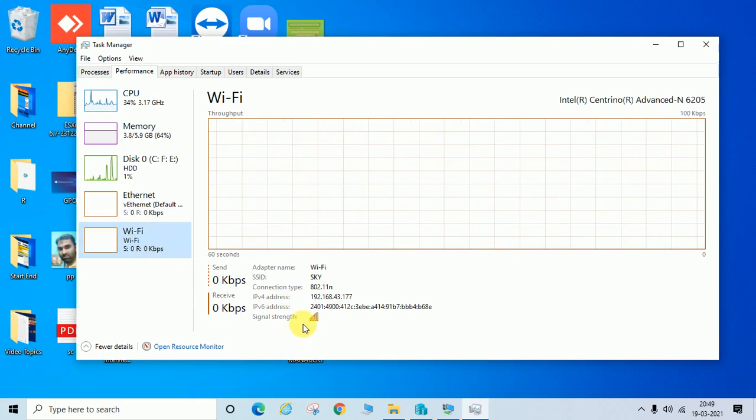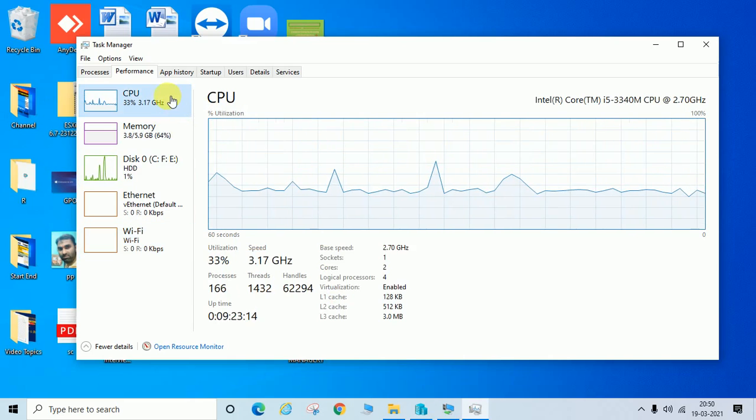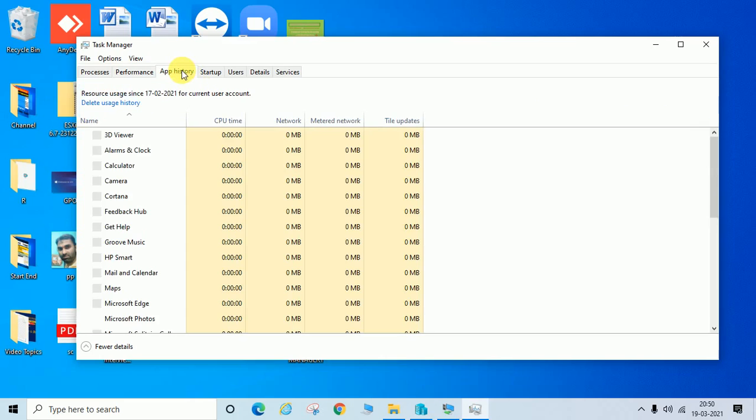Wi-Fi, you can see here Wi-Fi adapter name, SSID, SKY, connection type. So from here you can check all this information.